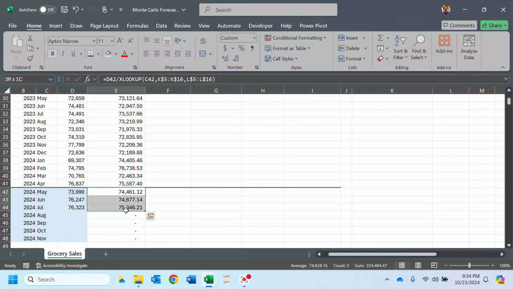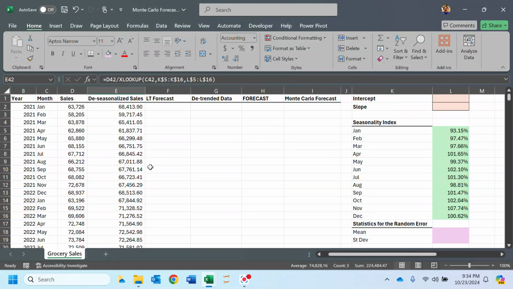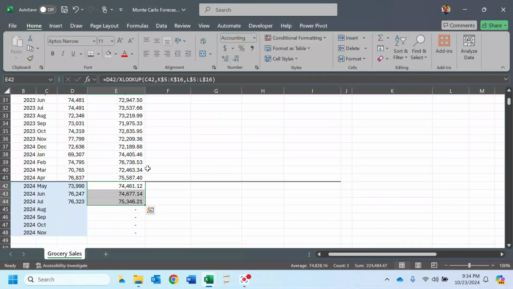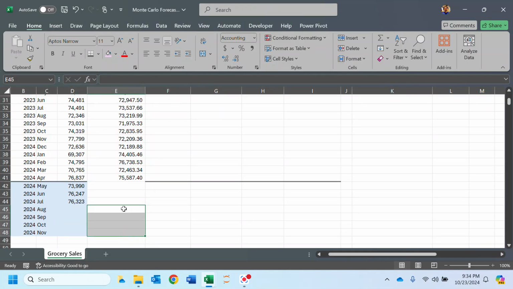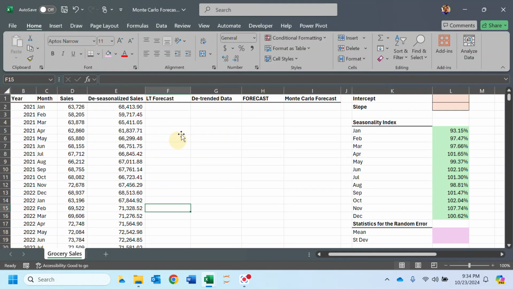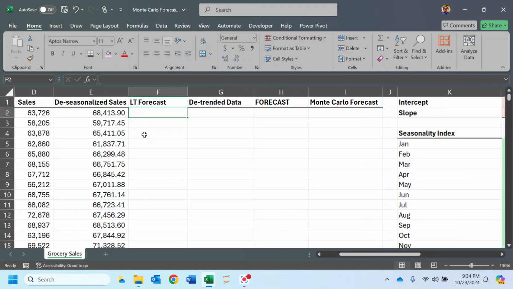What I want to do is not use this part. It could just stay there, this seasonalized data, but let's just remove them, because we're assuming that we don't have that data. And now I'm going to find the trend